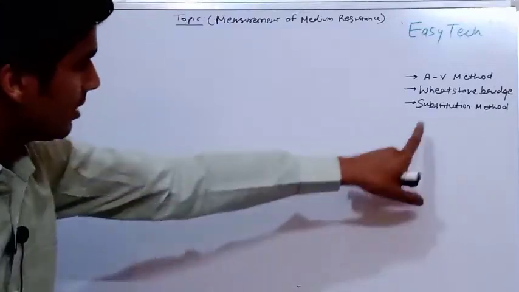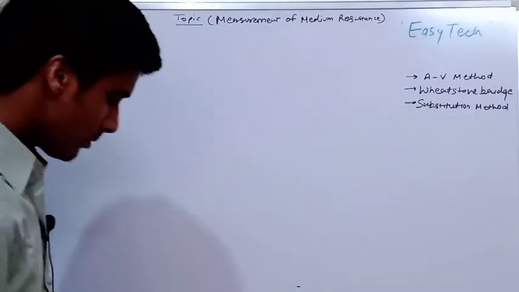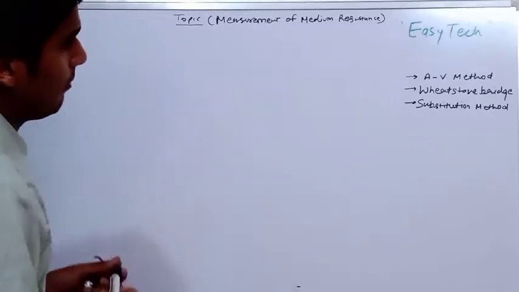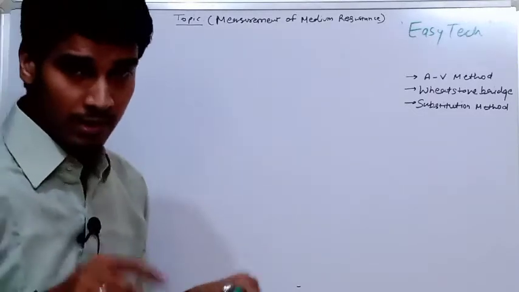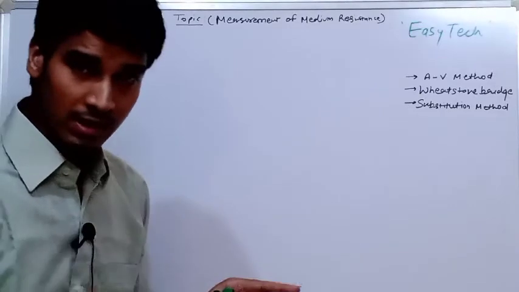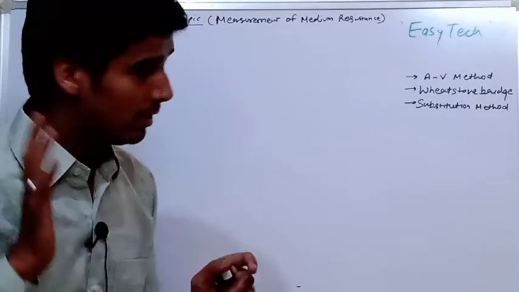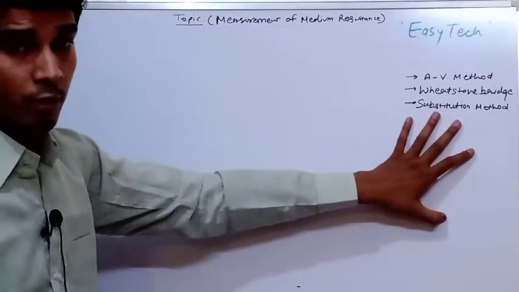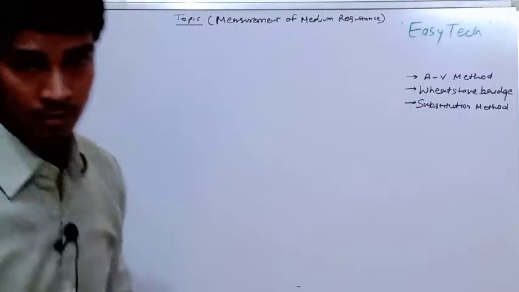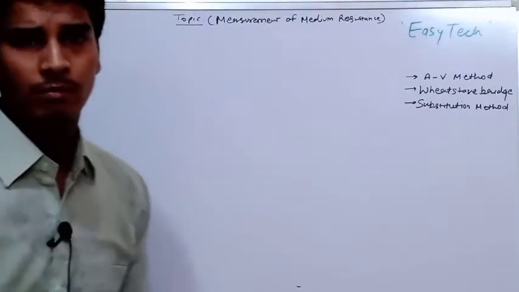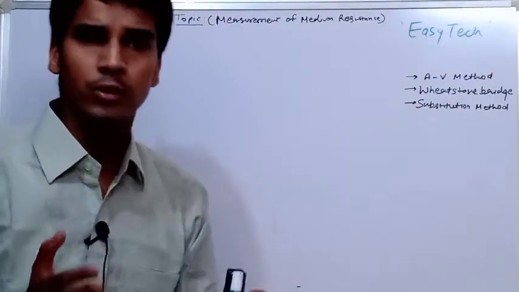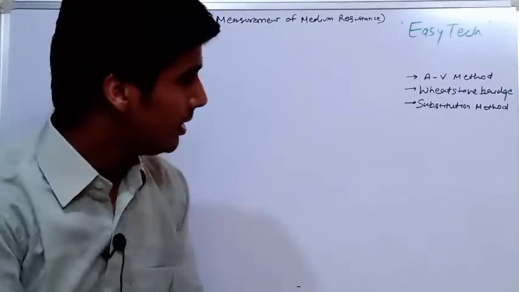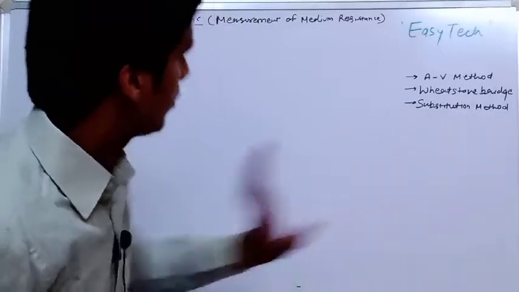Now today we are going to study substitution method. In substitution method, first of all we have to draw the circuit diagram, then we have to cover the basic concept behind the circuit diagram and how we can find out the medium resistance value. So in this method first you have to understand what it means by substitution. Whenever you replace anything by another thing, that means you are going to substitute, you are going to find out the substitute of that entity. So that is the reason behind the substitution method.